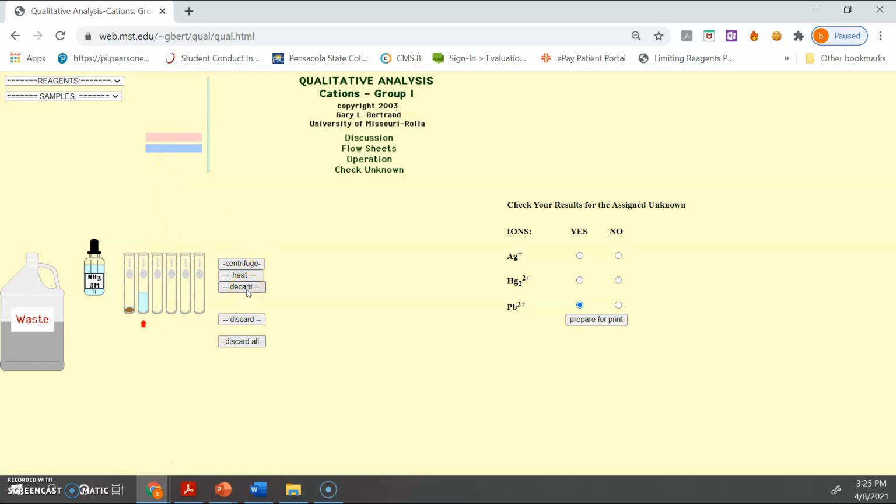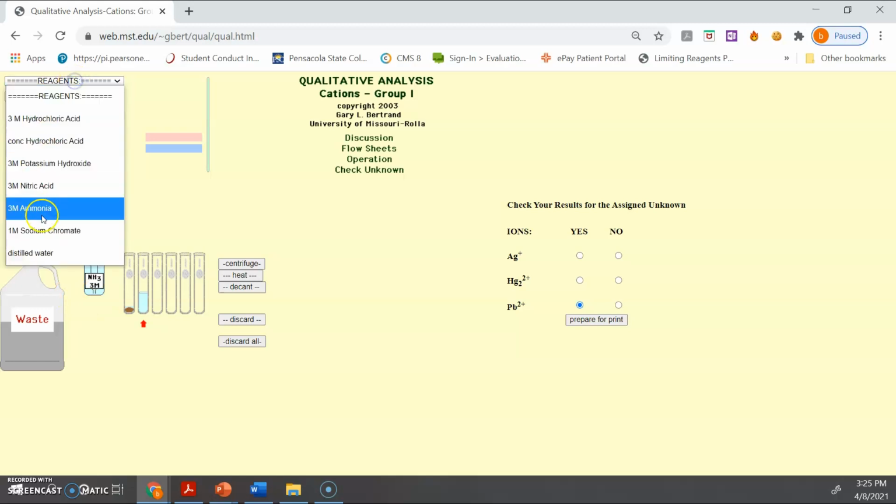Okay, and then we are going to make the second test tube acidic. So if we add nitric acid